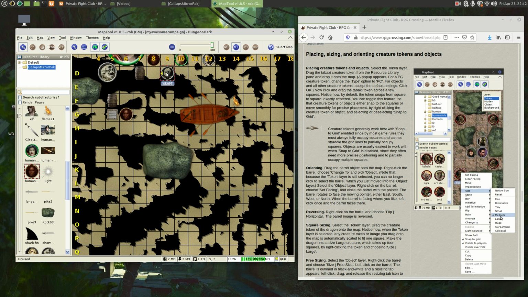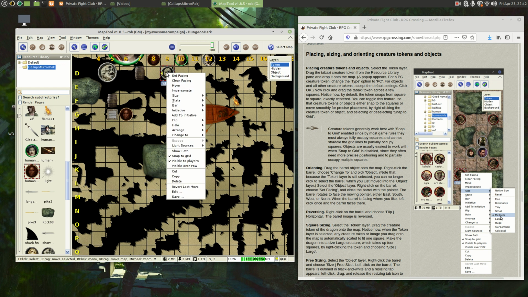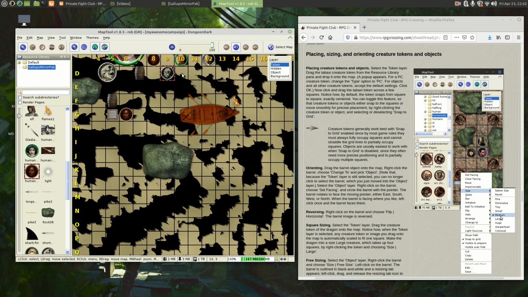I've never seen anyone actually use this in 5th edition, so you probably won't either. But if you want to know, that's what it does. So I'm going to hit clear facing, and we'll go back to the view where you don't see facing. With tokens,